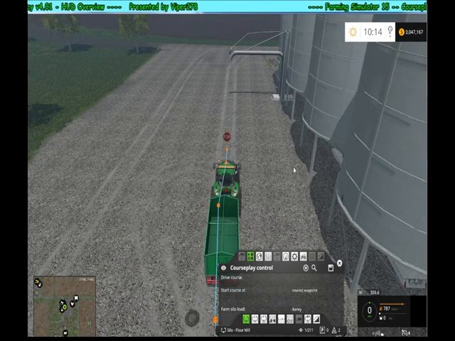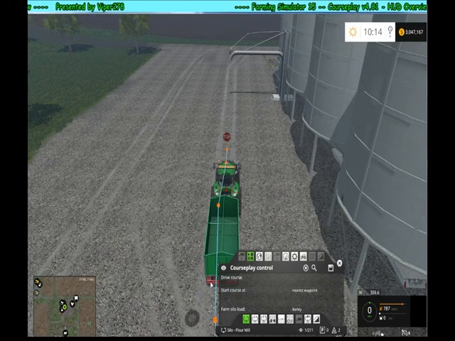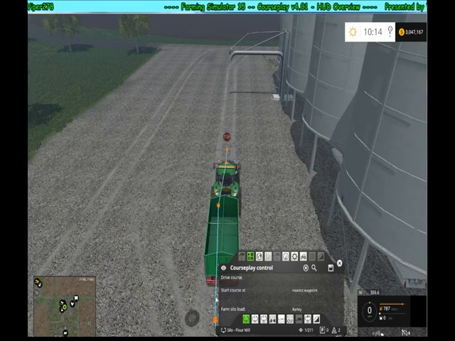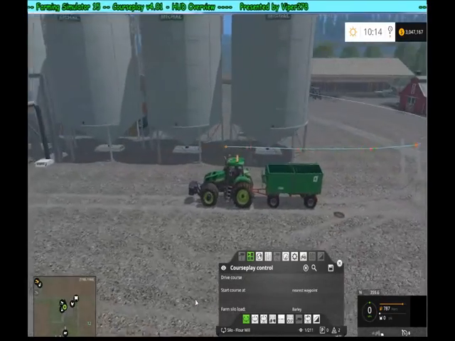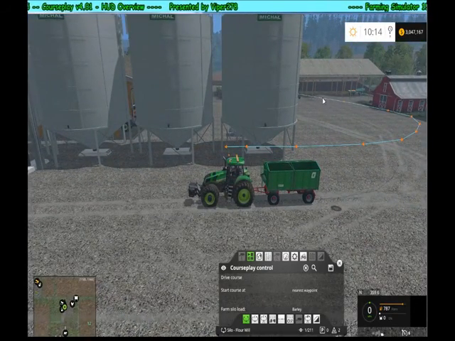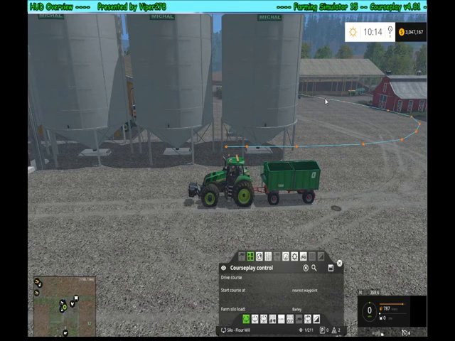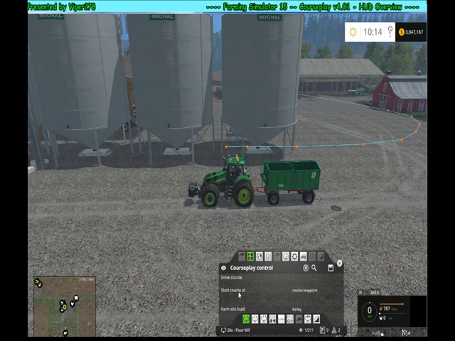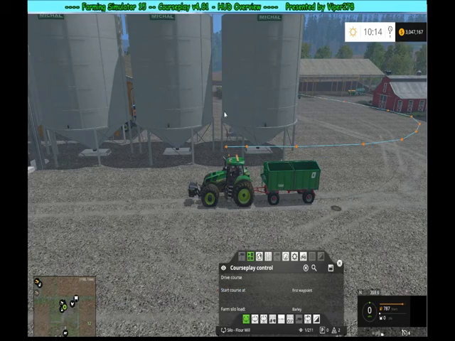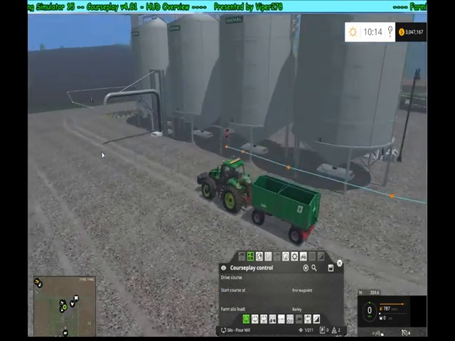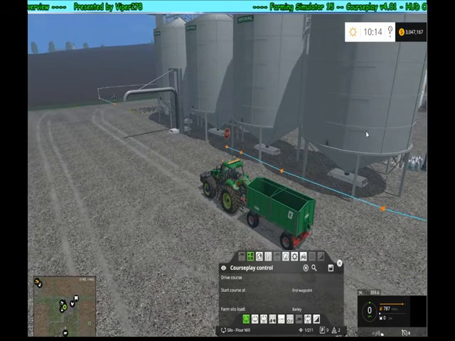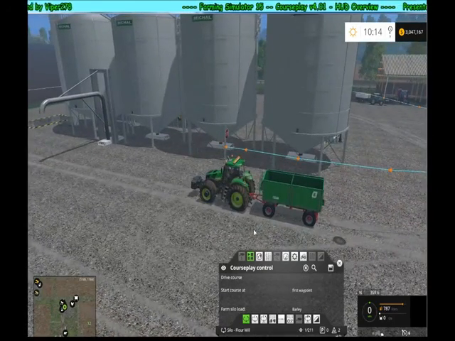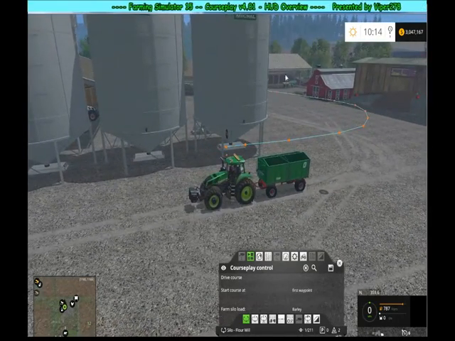So if you're in the middle of a field or middle of your course somewhere and you want to just pick up at one of these other points, we'll say if I'm over here and I go to first, like say if I pick first waypoint, well, it's going to beeline right to this mark right here. Well, the silo's in the way, so it's just going to crash into it. So you want to go to nearest waypoint, and no matter where he's at,